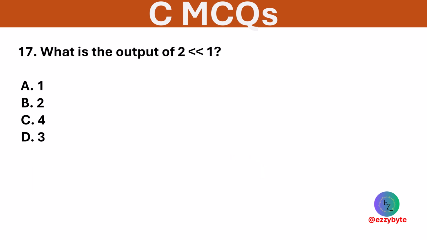What is the output of the following? Options are 1, 2, 4, and 3. Option C is correct. Left shift moves bits. 2 became 4,